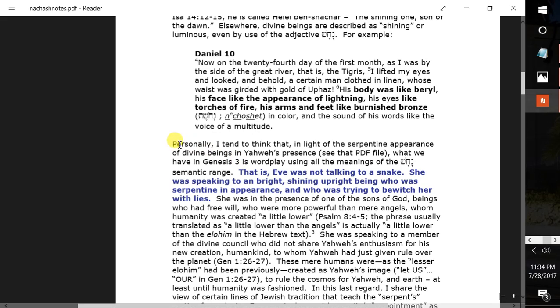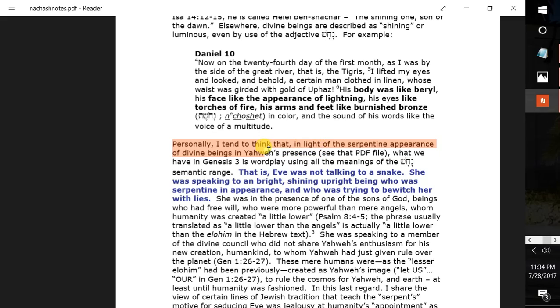So he says, personally, I tend to think that in light of the serpentine appearance of divine beings. So it's saying that serpentine means shining things, misinterpreted as serpent. Serpentine is different from serpent. It says what we have in Genesis chapter 3 is wordplay using all the meanings of this word, Nakash or Hanakash, its semantic range. That is,